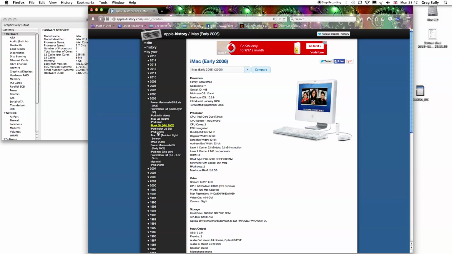Your maximum upgrade opportunity on a machine which is made in 2005 or 2004 or before is 10.5 as the maximum operating system. So within reason you can upgrade the machine, you can get a bit more performance, you can increase the RAM and do a lot to it, increase the hard drive, and it will still be a very, very effective computer. But as far as upgrading to the latest operating system, you won't be able to do it since the operating system isn't available. However, what you could also do is look at changing the architecture of the machine and going to an operating system like Ubuntu or other Java-based operating systems,